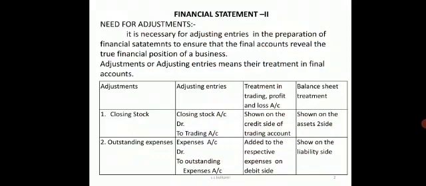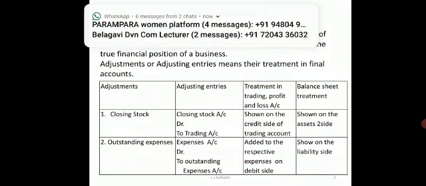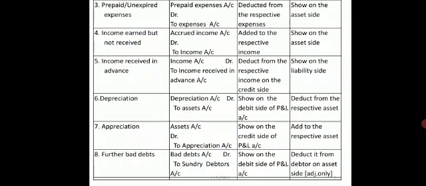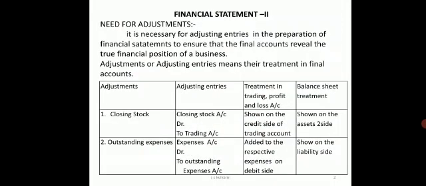Now, these adjustments are made to ensure that our financial accounts give us a correct financial position of the business. Sometimes expenses may not be paid on time, or there may be certain expenses which are received in advance. So depreciation and certain non-cash items will be there, for which adjustments have to be made. Then only we will get our real or correct financial position. So for that we have to do these adjustments and show them in our financial statements.